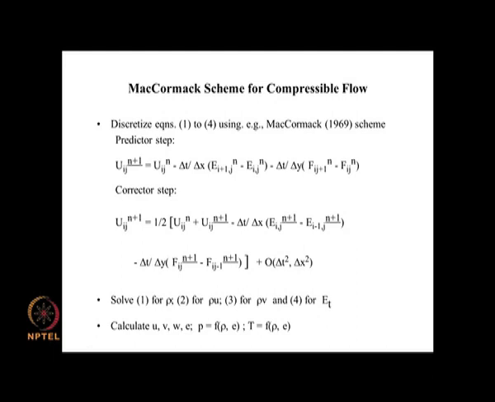Since we have rho from the first equation, we can substitute this here and we can get u, and we can substitute in this and we can get v, and E_t is rho e plus half rho v square. So, we know rho and we know the total E, and we also know u and v. So, from that you can get E, and once you get the internal energy and once you get rho, you can get pressure from the equation of state as a function of rho and e.